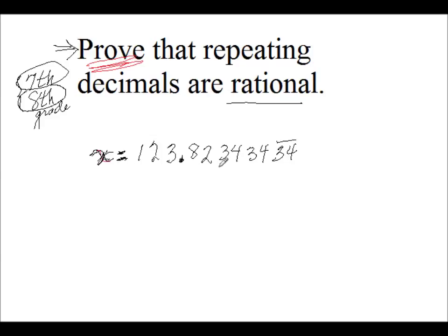What you have to do is notice when the pattern starts and then when it starts again. So you have to get the decimal point over to where the pattern starts, because we need to subtract off all the decimal parts. So to move this over, I would have to multiply by 100. So instead of using this x, I'm going to use 100x is equal to 123.82343434. And then to move it over one more pattern